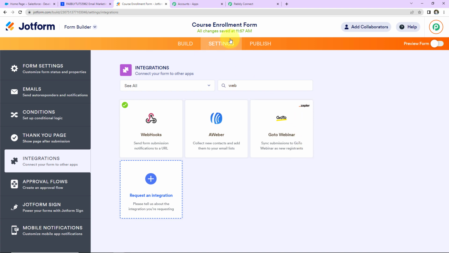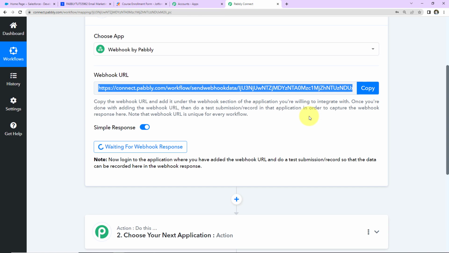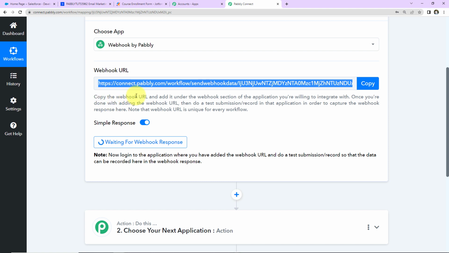Once this is done, I'm going to take you back to Pabbly Connect. So here it is written, copy the webhook URL and add it under the webhook section of the application you are willing to integrate with. We have done this. Once you are done with adding the webhook URL, then you have to do a test